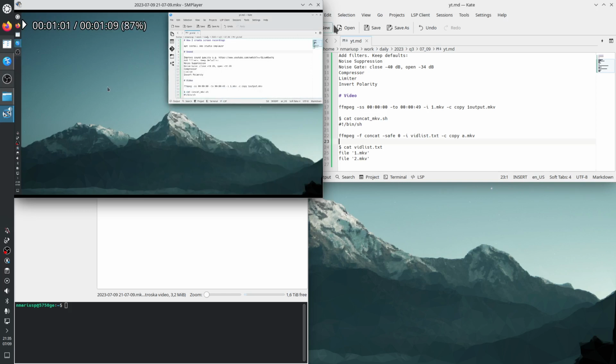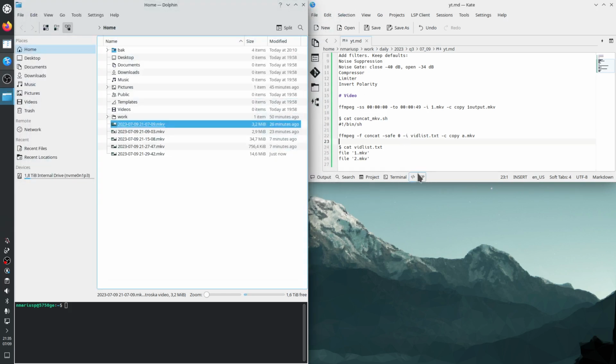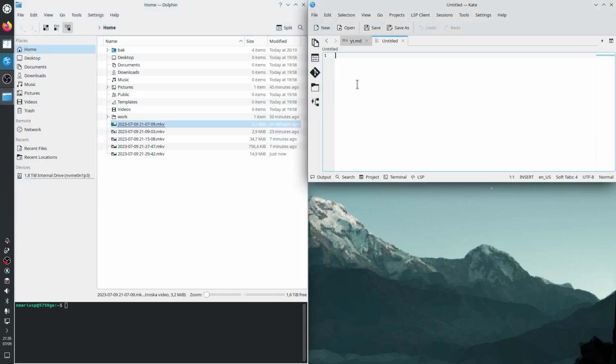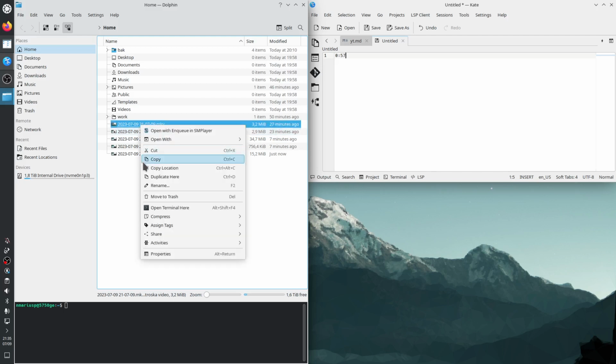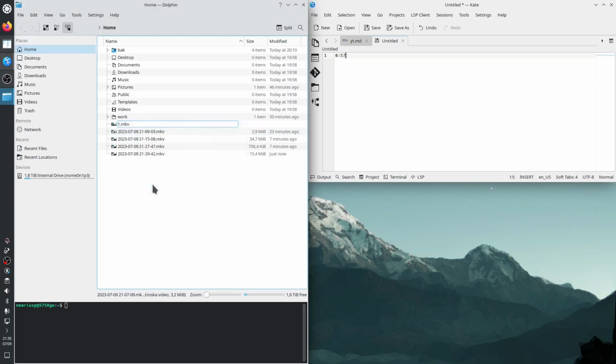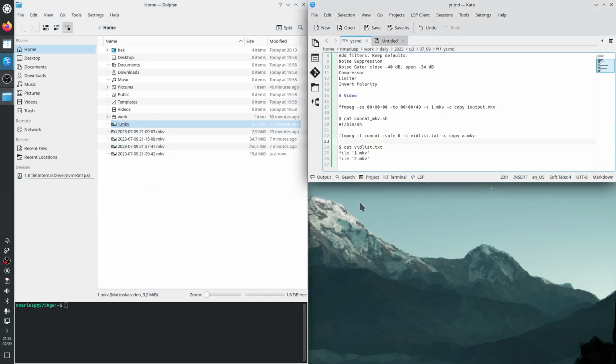So 0.57 would be it. So 0.57, let's do that. I'll rename the first chunk to 1. So I go F2 key, which renames this thing. I go 1. And then I use this command line